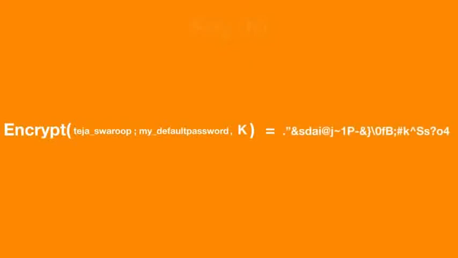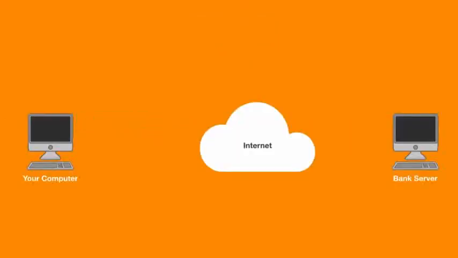Let's apply this technique to the earlier online banking scenario. We first generate a key and then encrypt our banking credentials with the key, and then send it to the bank server through the internet. Now if anyone is doing a man-in-the-middle attack or secretly capturing the data packets we are sending, they will understand nothing because everything is encrypted. Once the packets are received by the bank server, all the bank server has is encrypted text. Obviously it will need a key to decrypt this text, but as you could see, we haven't shared our key with the bank server yet.